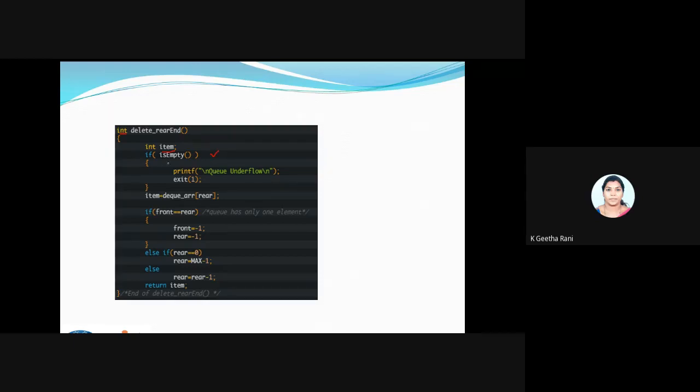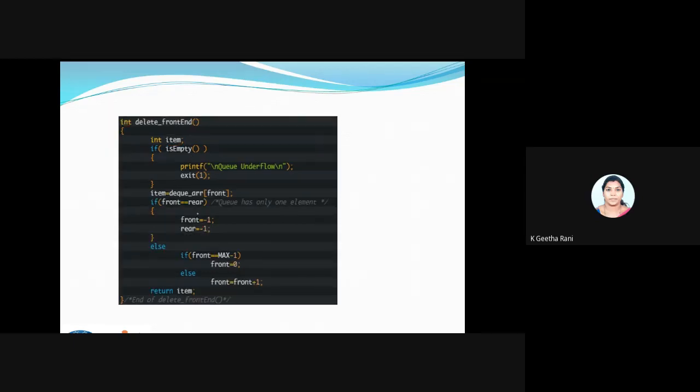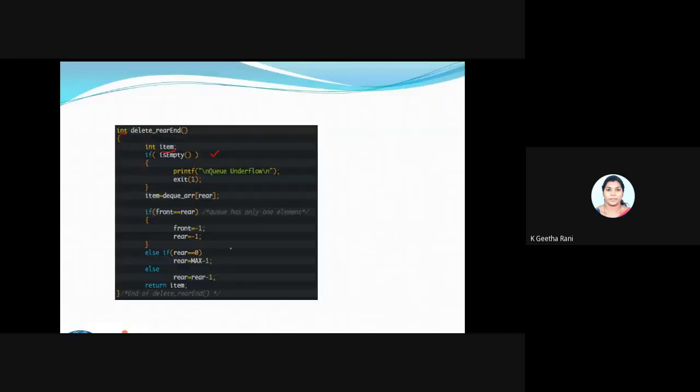That is what is done here. Then if my front is equal to rear, so we have only one element, how to delete this, that is the condition and the steps for it. And the next condition is, if my rear is equal to 0, I need to delete the element at this end, so I will change this rear to max minus 1.